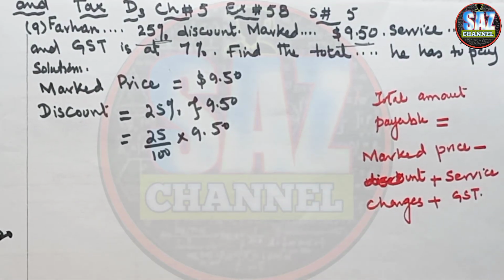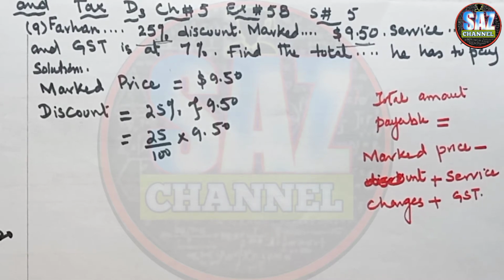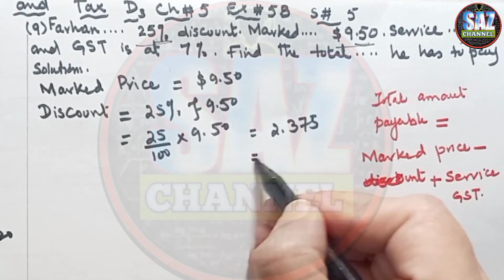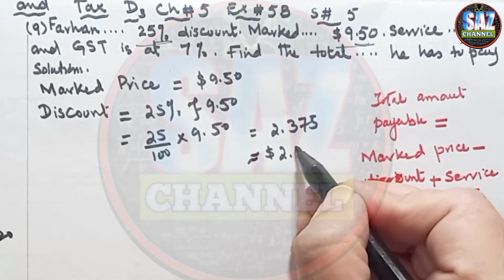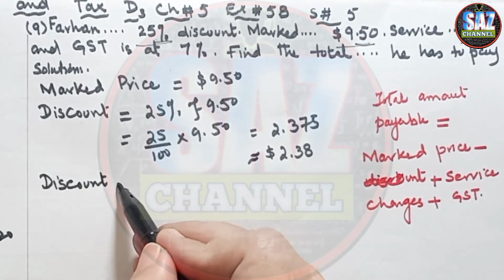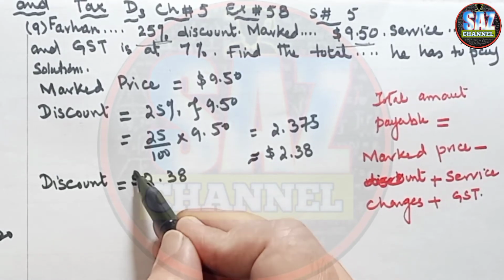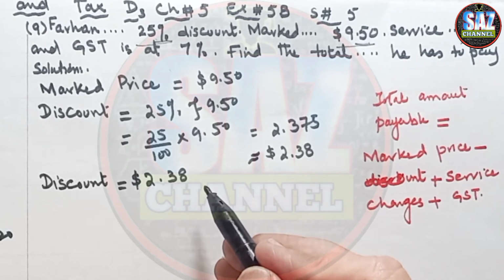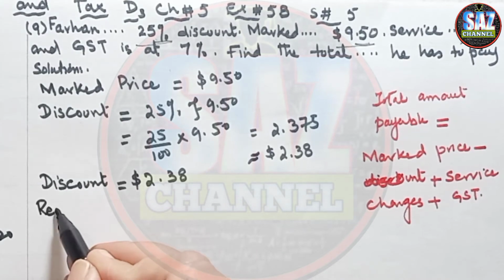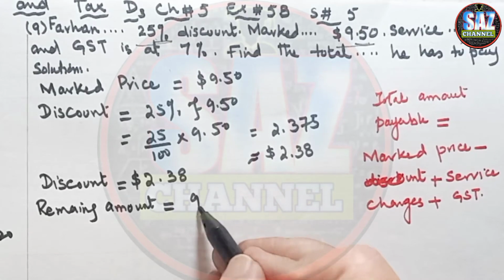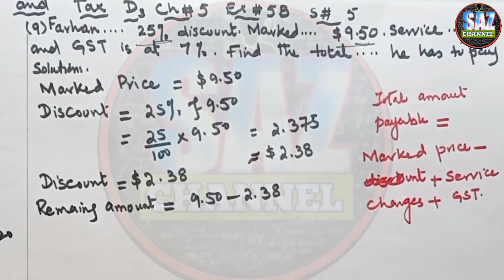25 multiplied by 9.50 upon 100, and that gives me 2.375, which is approximately $2.38. So the amount of discount that we are getting, discount equals to 2.38. So here we have to understand that this $2.38 is the amount which is given as a discount to us. Now the remaining bill that we have to pay, amount will be equal to 9.50 minus 2.38. 9.50 minus 2.38, and this gives me